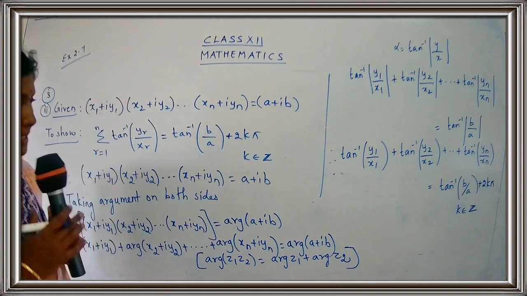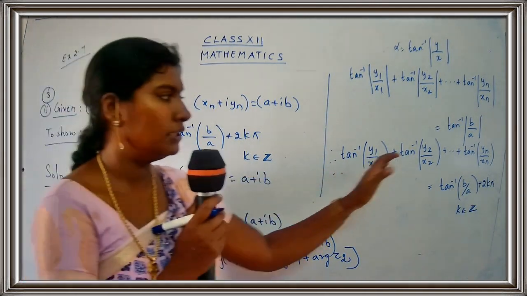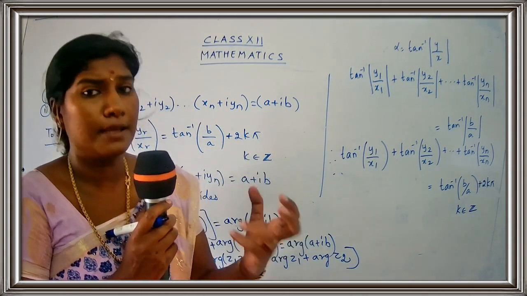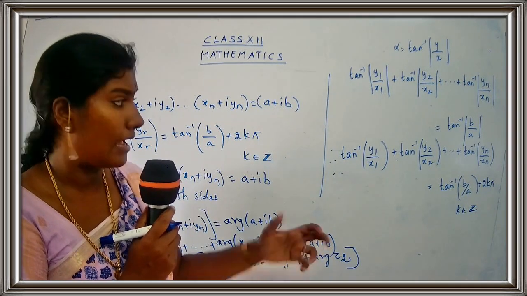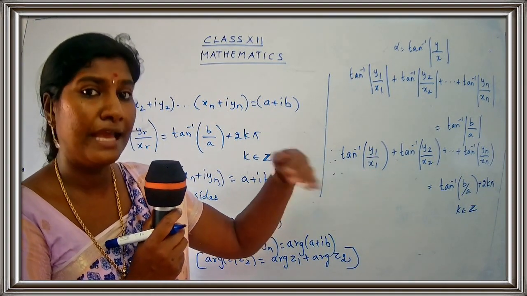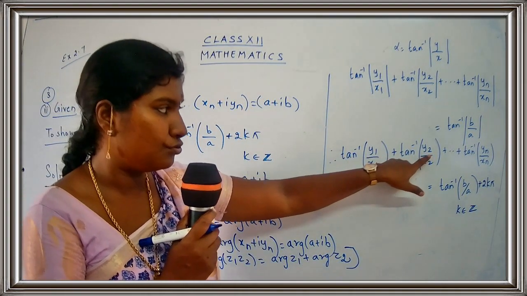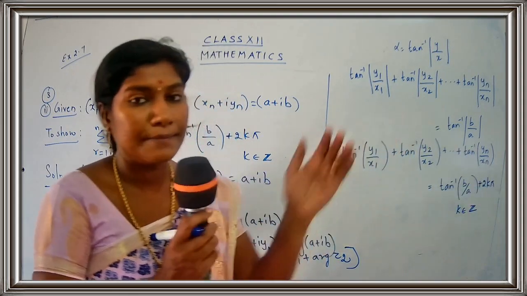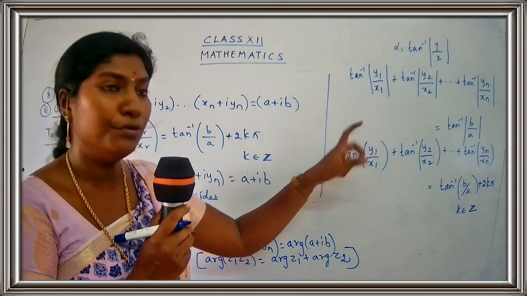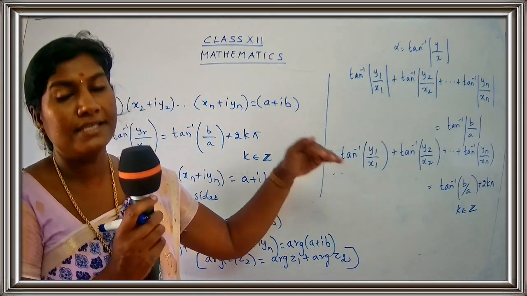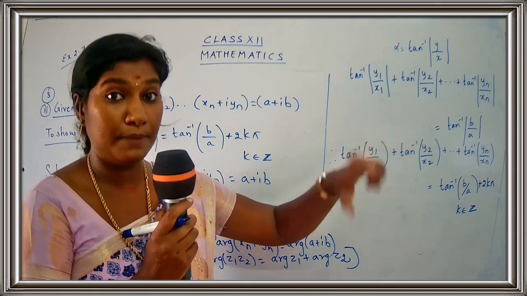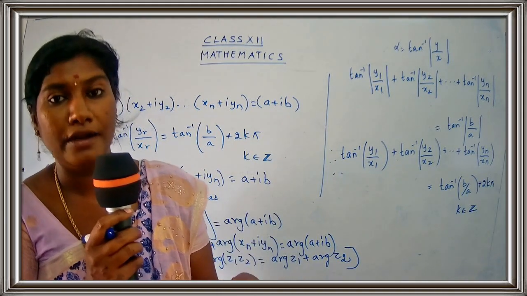So now just see here, we have all the additions. This is a summation. When you add everything, we call it a summation. So now here, what are the terms we are having over here? We are having the terms from 1, that is y1, x1. So we have 1, then we have 2, and it goes till n. So the summation is from 1 to n terms. How many terms are present here totally? We have the y1 to yn terms, and similarly x1 to xn terms. And what is the sign over here? It is plus. So how are you going to write this in the form of summation?